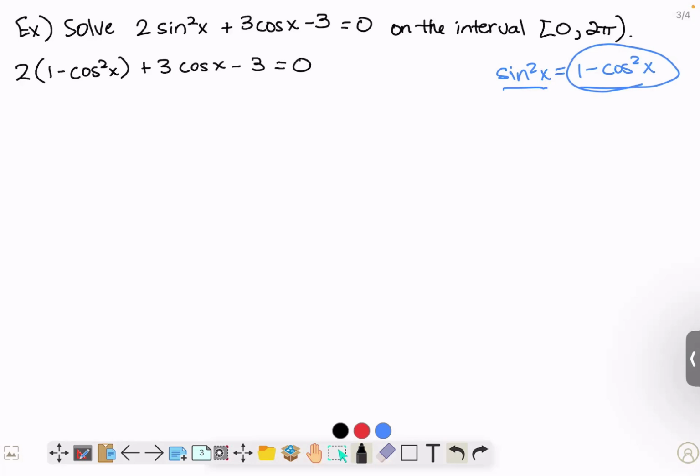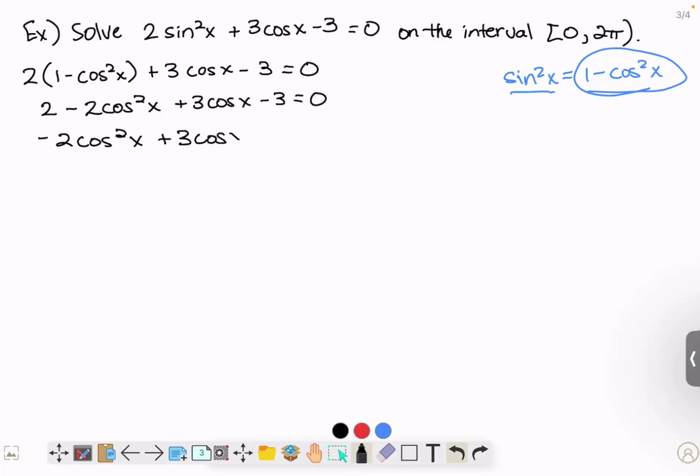Okay, so now at least I don't have sines and cosines anymore. I still have the square, but they're all cosines. So I'm going to get rid of the parentheses by distributing this 2. So 2 times 1 gives me 2, and then 2 times negative cosine squared is negative 2 cosine squared. Now let's see how much we can simplify that. We do have like terms, the constants here, the 2 and the minus 3. If I add them together, I would get negative 1. Combining these two, I get negative 1,